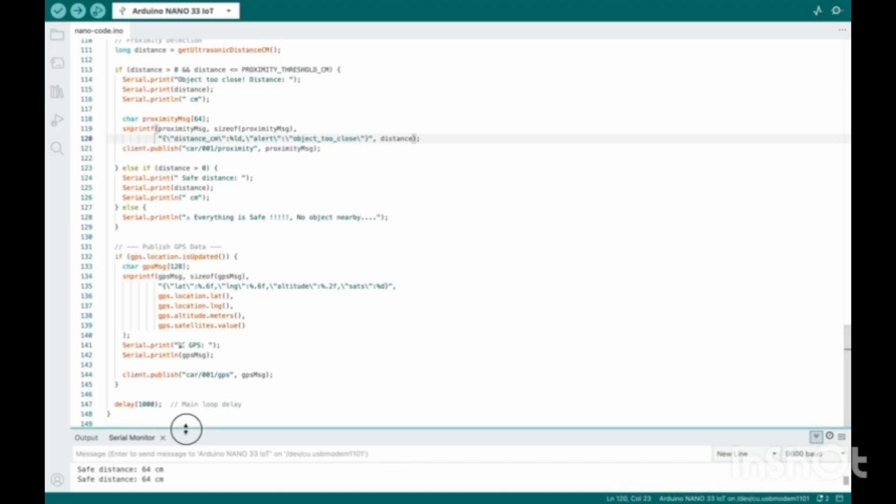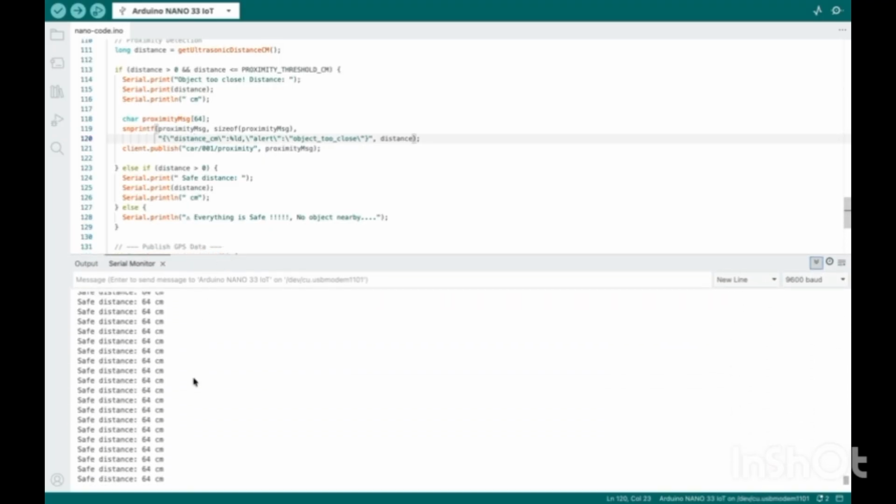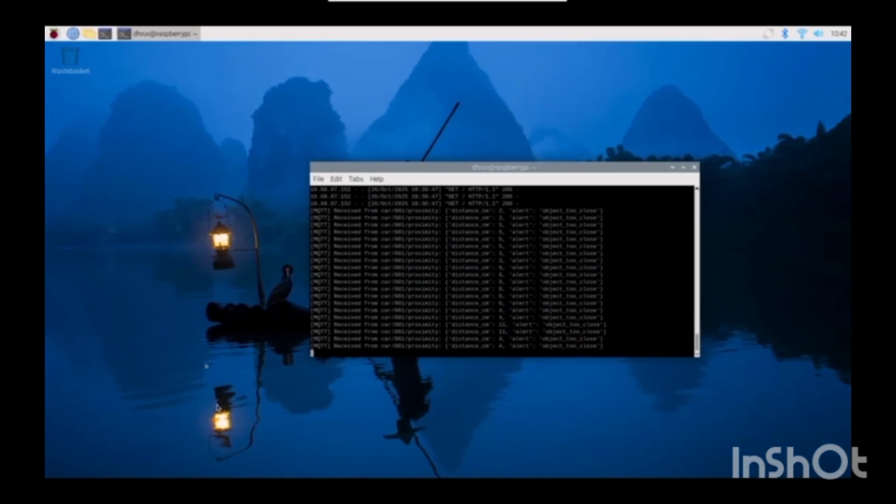Here we can see that we are continuously getting the readings. If I place any object near my car like this, it will show that the object is too close, because our threshold is 15 centimeters. If I put something again, it is now at 4 centimeters. On my Raspberry Pi dashboard also we can see this if I start it from the beginning, Control X, Control C,